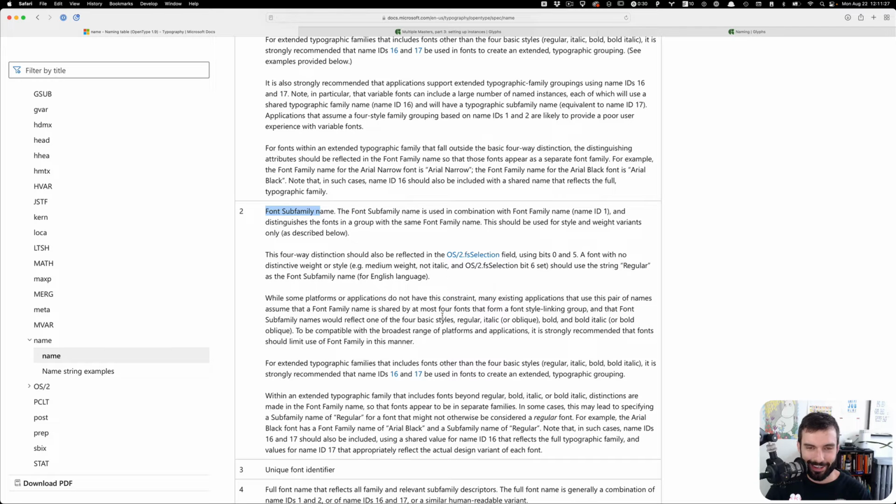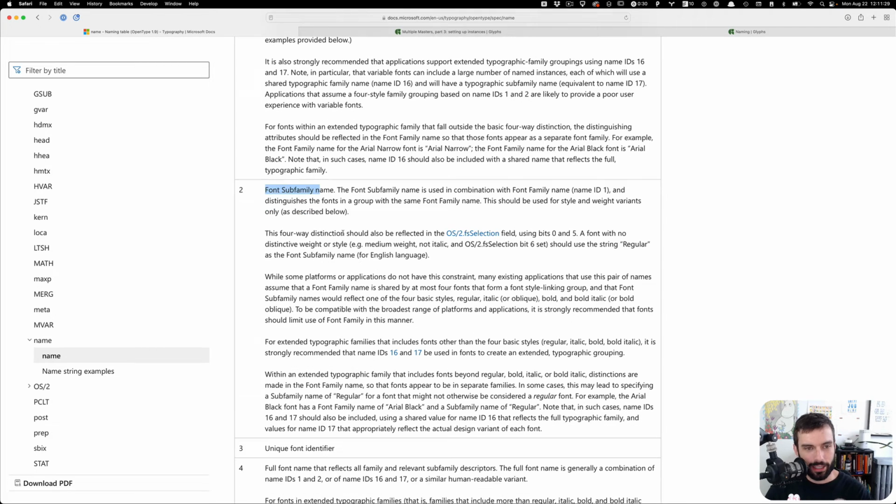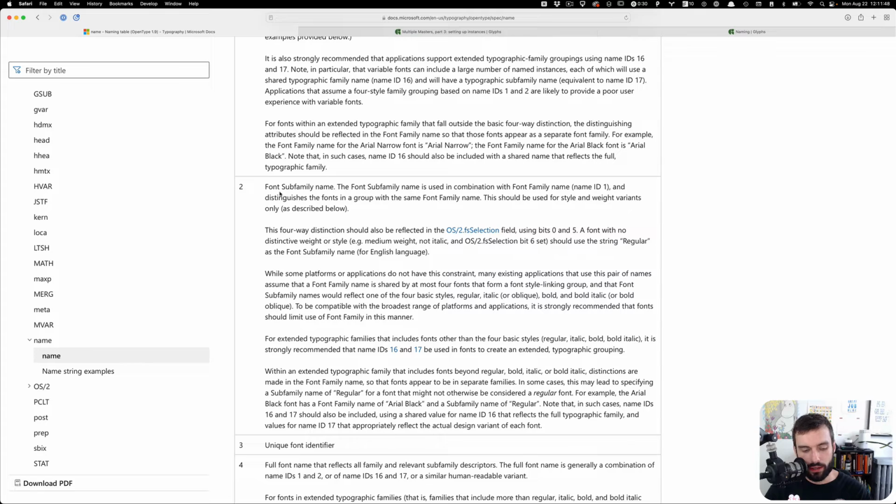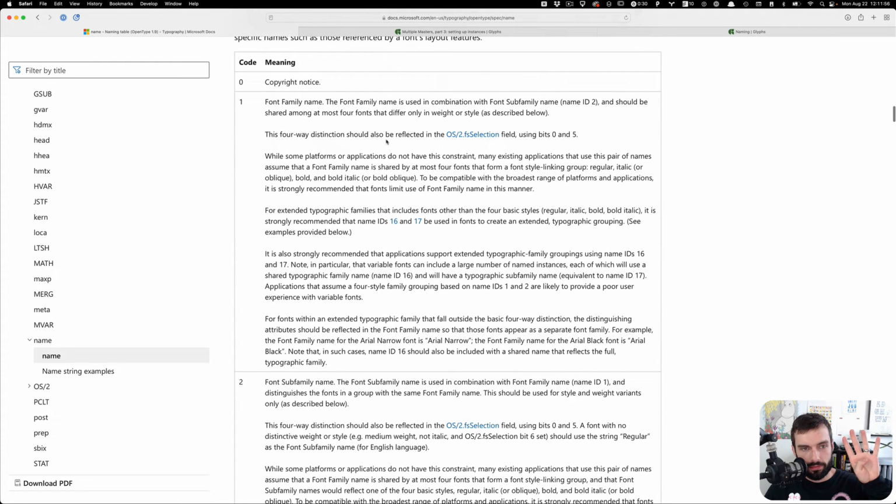And yeah, so the font subfamily name, interestingly, is the main thing that handles the style linking. So if you hit Command B in Microsoft Word or other programs, it knows what the bold version is. And basically that means that the font subfamily name can only be RIBI: regular, italic, bold, or bold italic. And then the font family name,